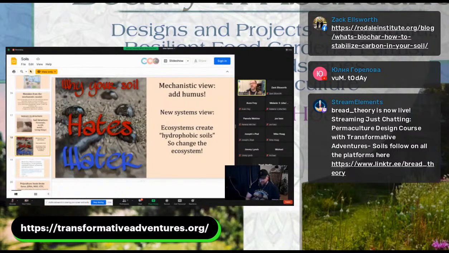So one type of plant community actually thrives, its life cycle is to thrive in dry soil. So if you're a plant that loves dry soil, what do you do? You make the soil dry. So plants like creeping Charlie and spotted knapweed are now being studied for this. It's notorious for it. Certain other minty plants are kind of noted for this in particular.